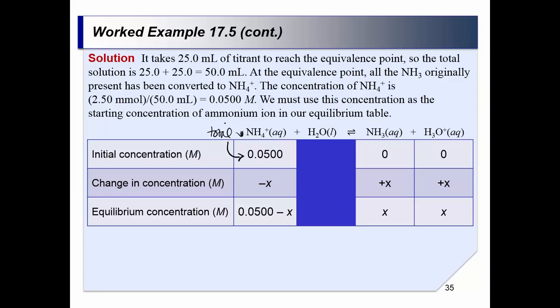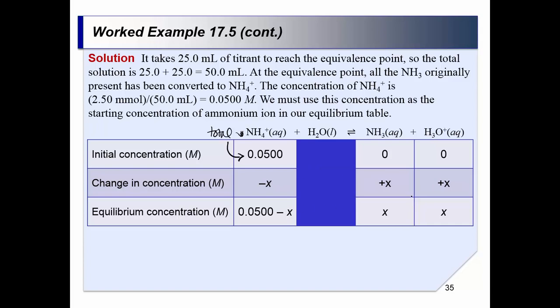So we're starting with that amount of our ammonium ion. And when this forms its equilibrium, we have no ammonia because we're at the equivalence point. It's been removed initially. And we have no hydronium ion either. Now, to find the equivalence, we need to change our initial concentrations by some value x and solve using the